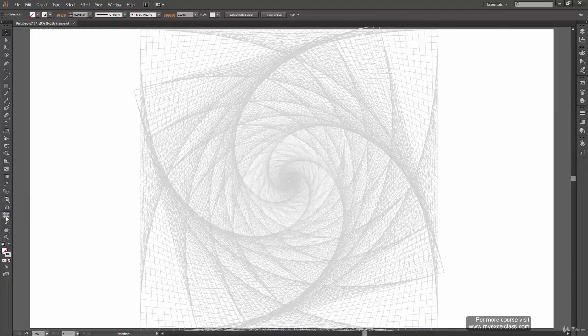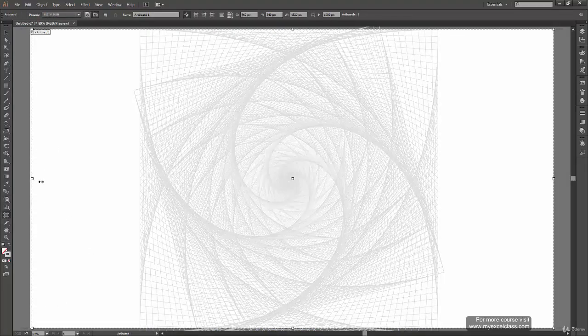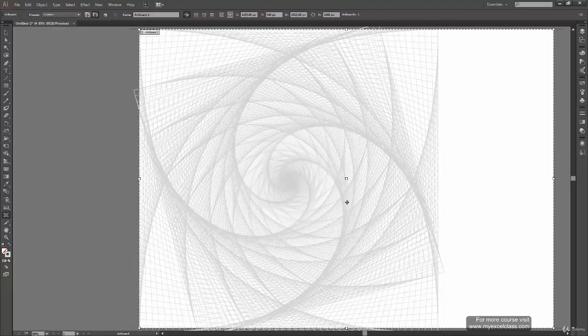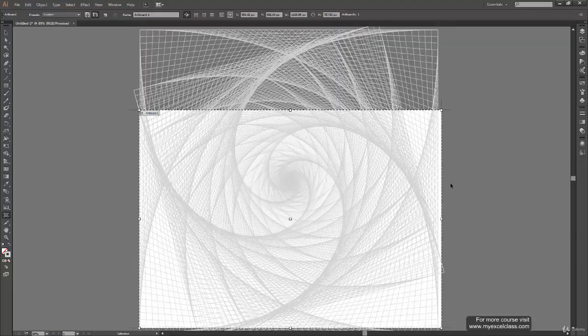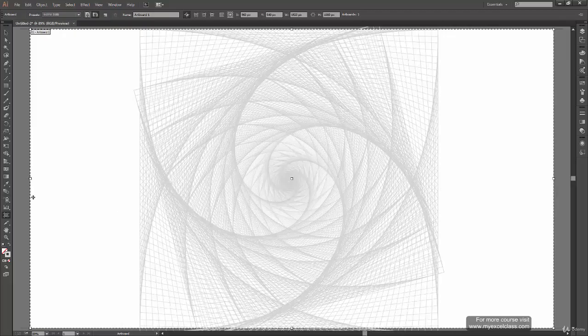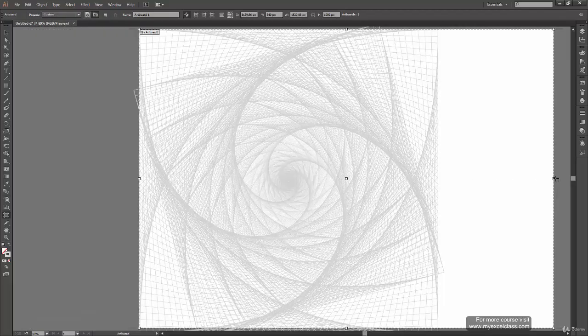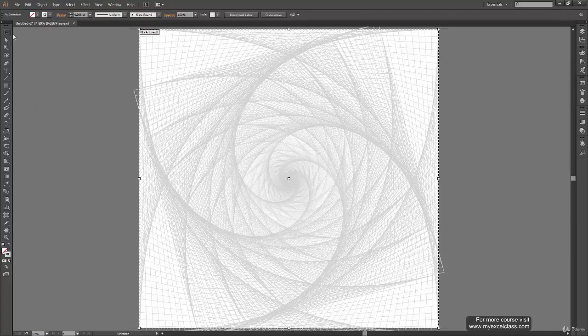And we will use our artboard tool and scale our artboard instead. This, and from here this much. Okay, now these two bits we have to do something for that.